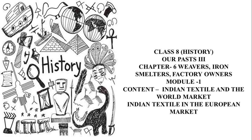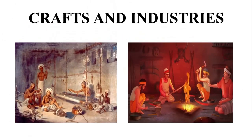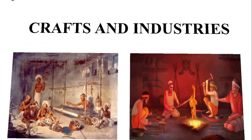So let us begin. This chapter basically tells the story of the crafts and industries of India during the British rule by focusing on two industries, namely textiles and iron and steel. Both these industries were crucial for the industrial revolution in the modern world. Mechanized production of cotton textiles made Britain the foremost industrial nation in the 19th century. And when its iron and steel industry started growing from the 1850s, Britain came to be known as the workshop